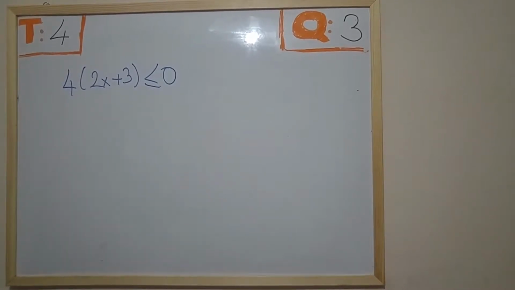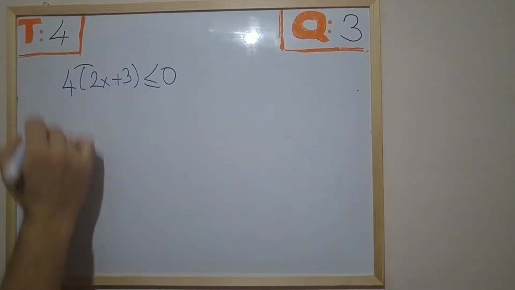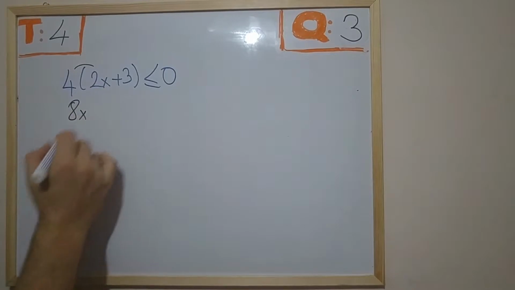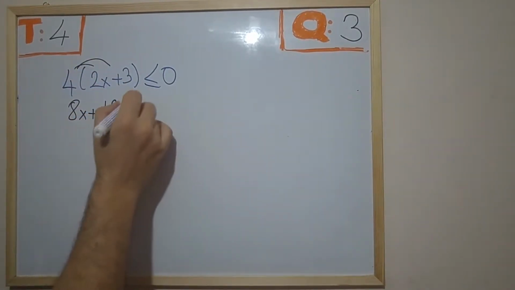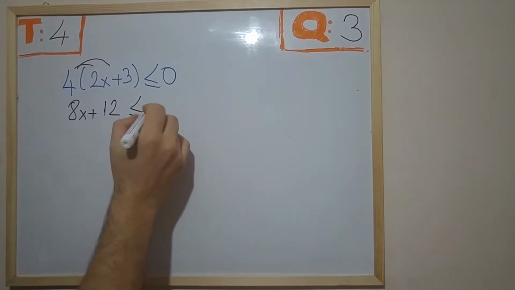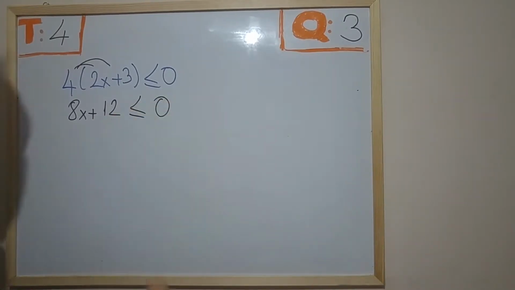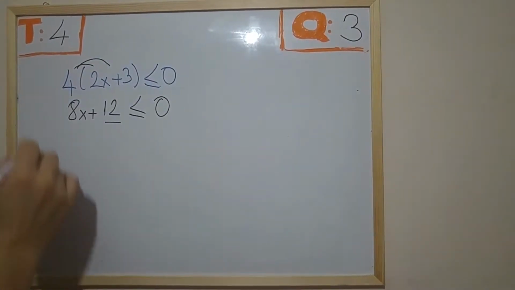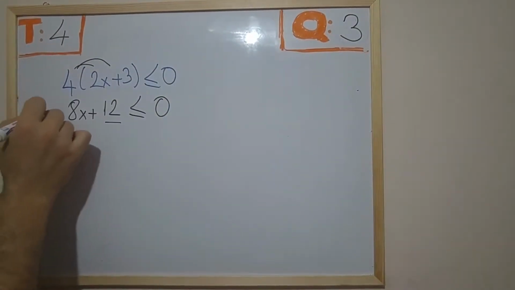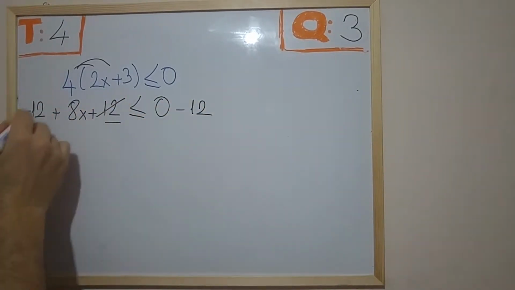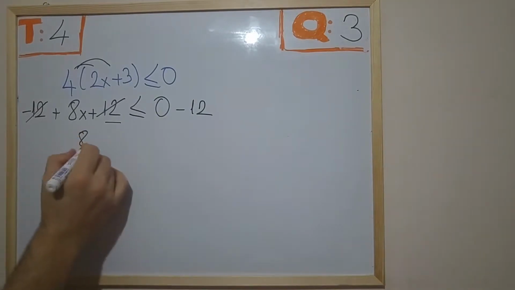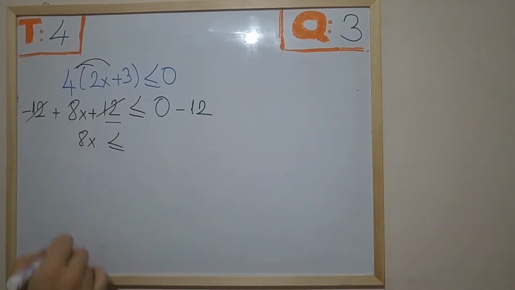Let's expand the parentheses first. 8x plus 12 is less than or equal to 0. Now what we need to do is to get rid of this 12. And how do we do it? By subtracting that. These cancel out and we're left with 8x is less than or equal to